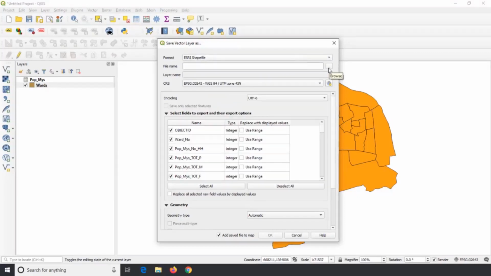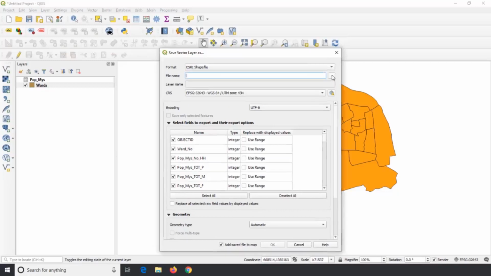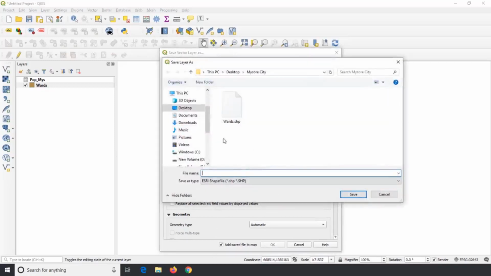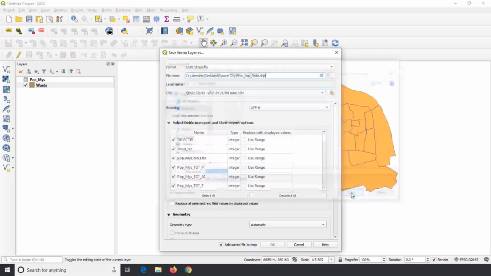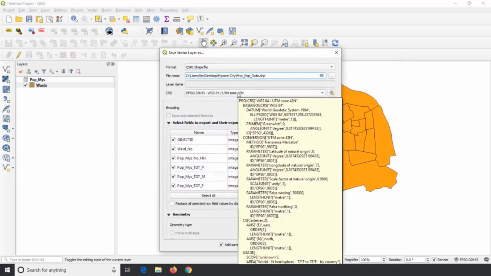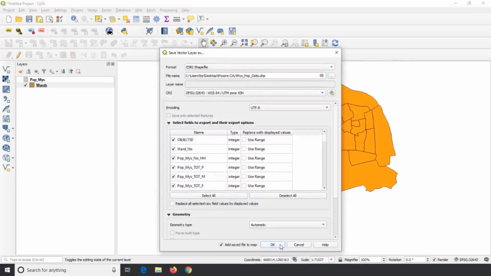Click on the browse icon at the right of file name and save it in your specific folder. In my case, I am saving this in the Mysore folder in the name of mys_pop_data, which stands for Mysore population data. Make sure your CRS is assigned with the correct projected coordinate system and click on OK.